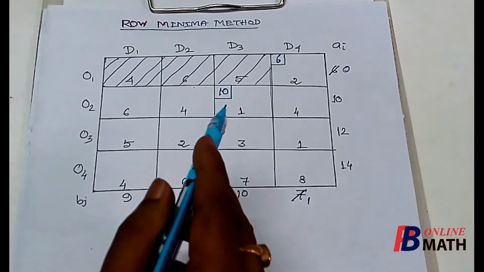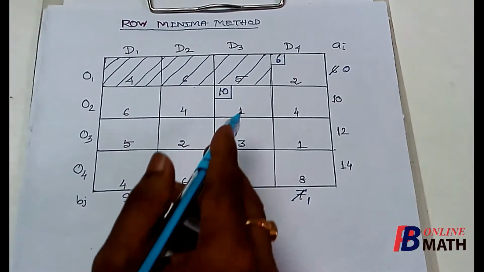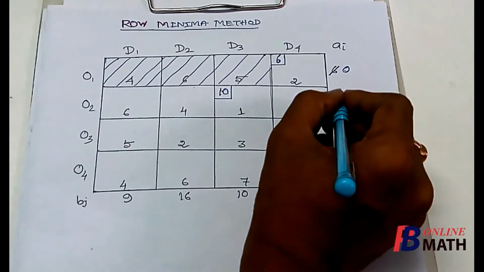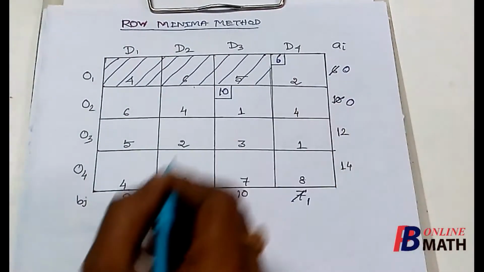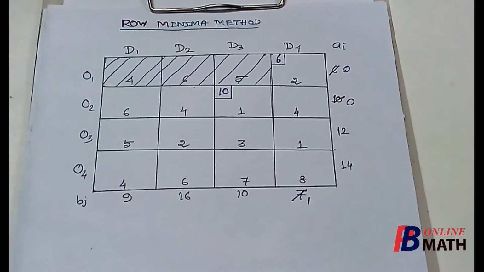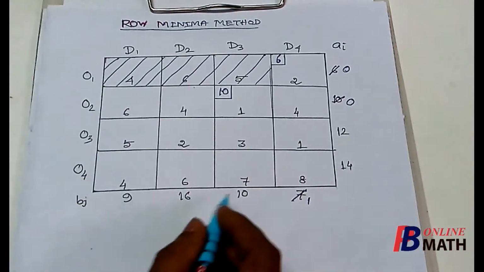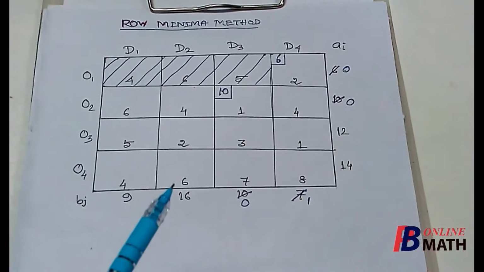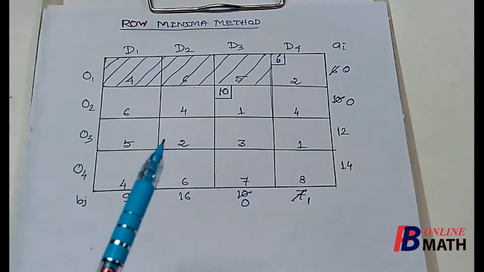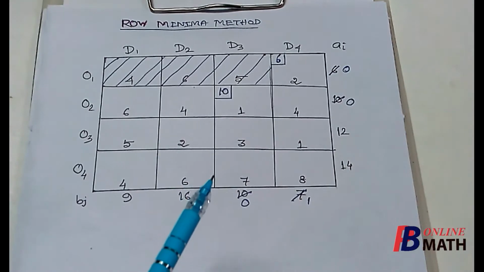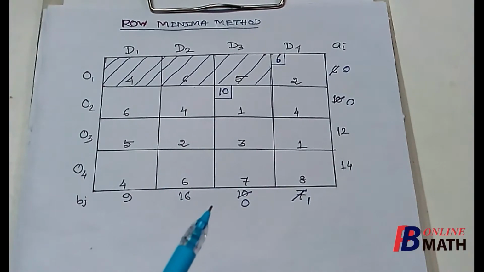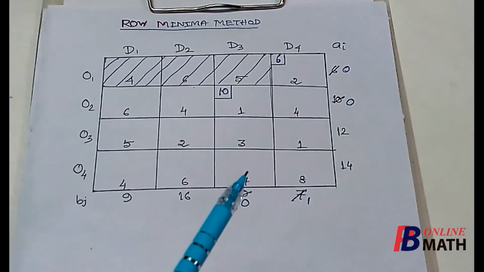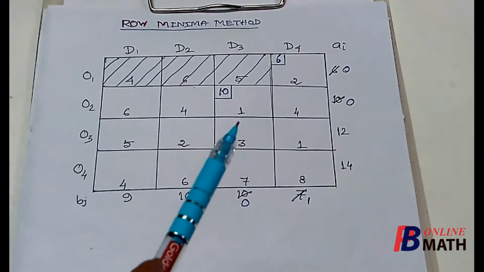If we allocate 10 here, then the revised capacity of the origin O2 is 10 minus 10, which is 0, and the revised demand of the destination D3 is 10 minus 10, which is again 0. So the capacity of the origin O2 is exhausted, as well as the demand of the destination D3 is met. In this case we can cross off the remaining cells either from this row or from this column,